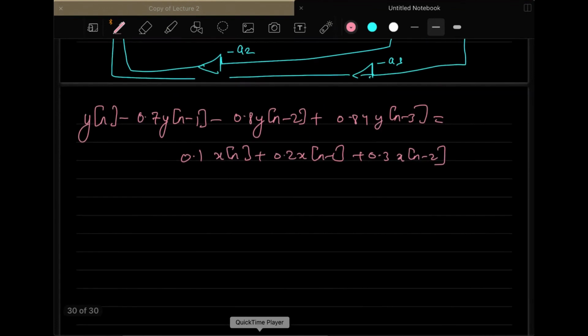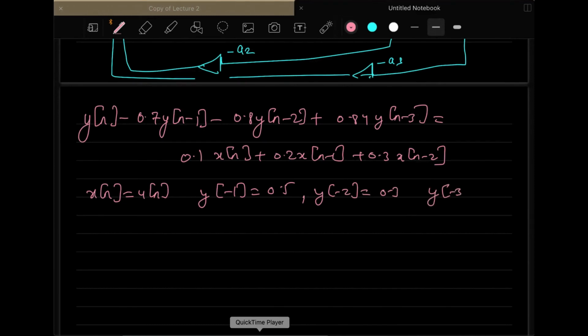So for this particular difference equation, the only thing now is that x[n] is equal to u[n] here, y[minus 1] is equal to 0.5, y[minus 2] is equal to 0.3, y[minus 3] is equal to minus 0.4. So these three initial conditions are there. So what you have to do is,